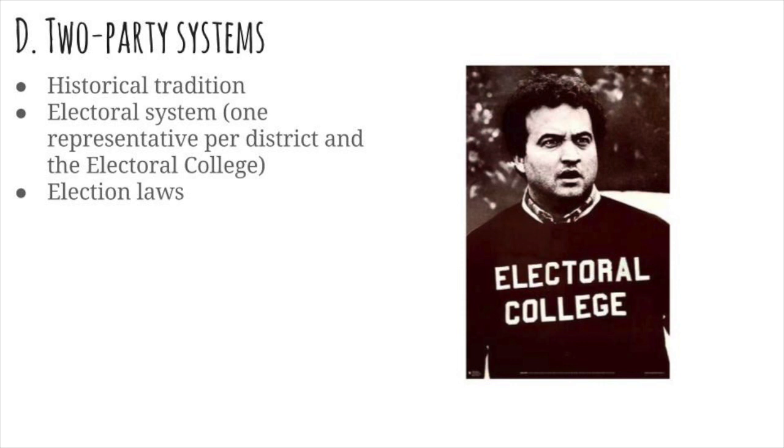Finally, we also have election laws that favor having 2 parties. In some states, it's very difficult to get on the ballot unless you have a certain number of signatures of people who claim that they support you, and that tends to be high enough that it eliminates any third parties who might want to become governor or representative or things like that. So there are some relatively strict election laws that restrict ballot access.